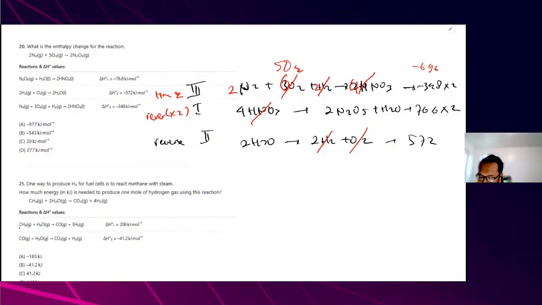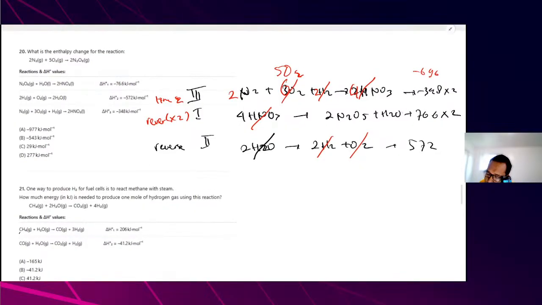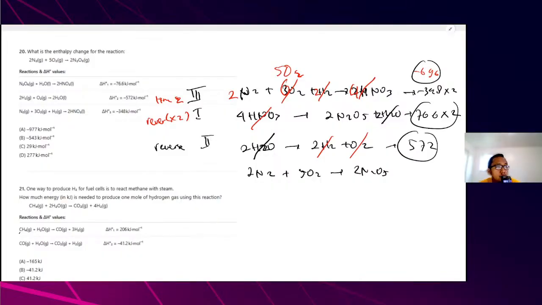Okay. This is H2O, right? H2O needs to cancel out with this one. But why? Oh, it should be 2, right? Okay, okay, okay. That's why I'm confused. Sometimes it's kind of like this one, guys. It looks more complicated, and then we need to be very careful when doing manipulation. So the answer is like this one, and this one. So just the net one is